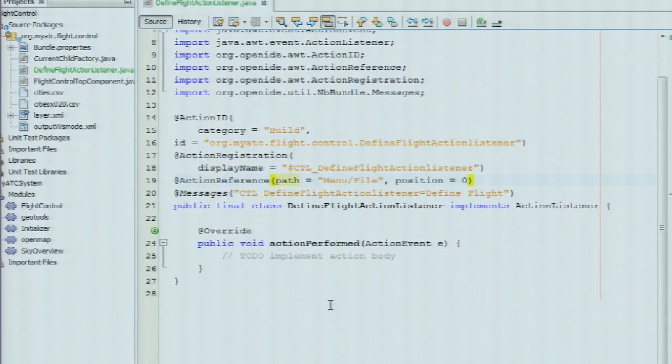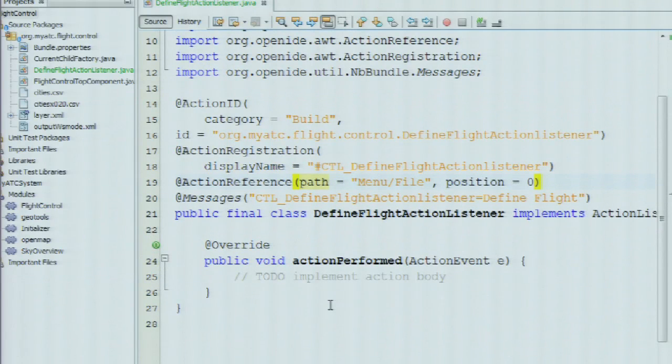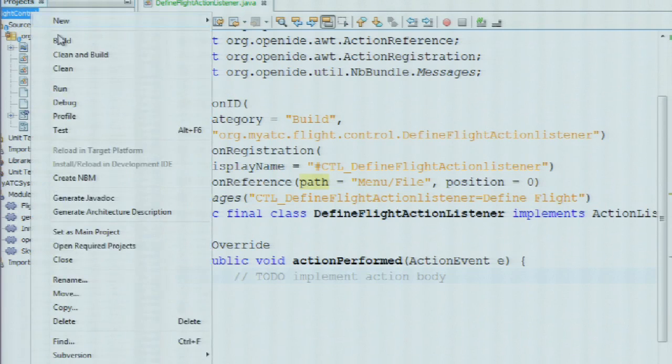Let's see if I can make this bigger so you can actually see it. So you can see here that there's an action reference for the file menu. So in the file menu, there is going to be a menu item. It's going to be created. And the menu item is going to have this display name, define flight. It could have an icon as well. And when that define flight menu item is clicked, whatever we define here is going to be performed. So if I build this module,